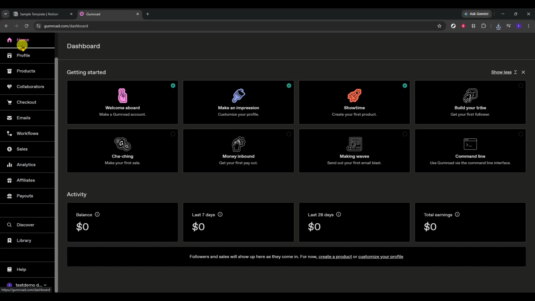Hello, today we will guide you through how to enter discount codes on Gumroad. In this walkthrough, we'll show you how to create a discount code inside your Gumroad account using the checkout settings. This is useful when you want to offer a promotion for a specific product and make the buying process easier